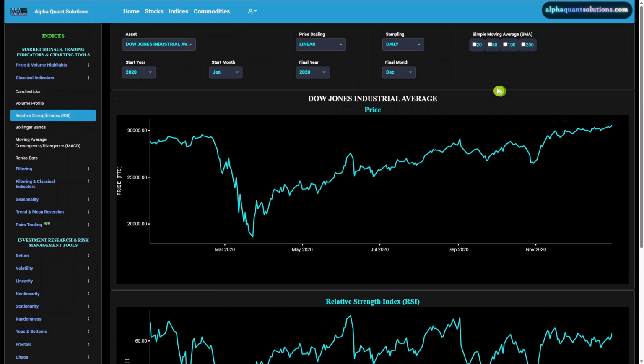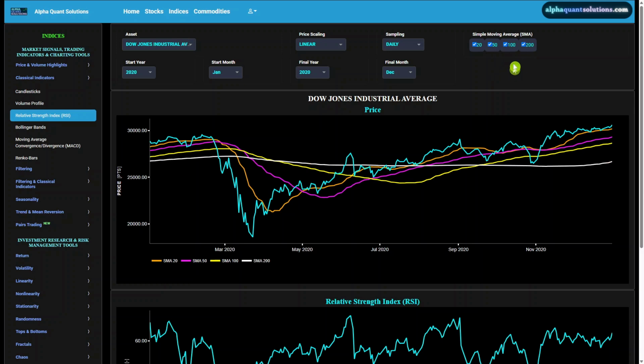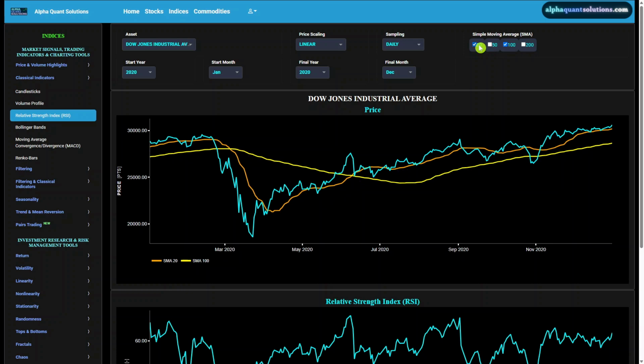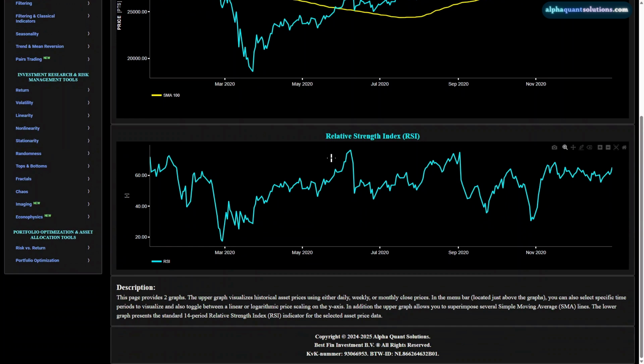And on this top graph, we can also superimpose simple moving averages, like the 20 days in orange, or the 50 days in magenta, or the 100 days in yellow, or the 200 days in white. So let's remove these. And so if we have a look at the RSI, what do we see for